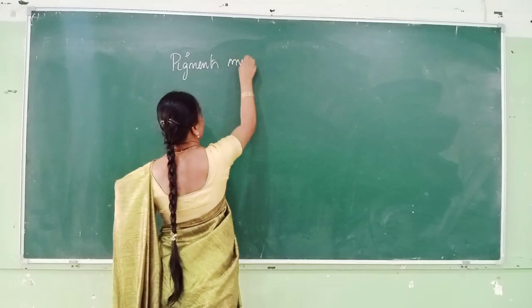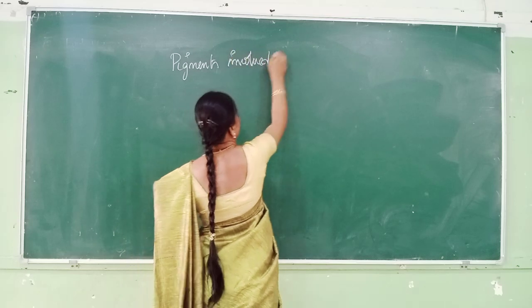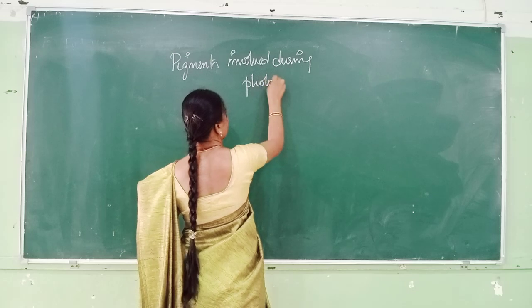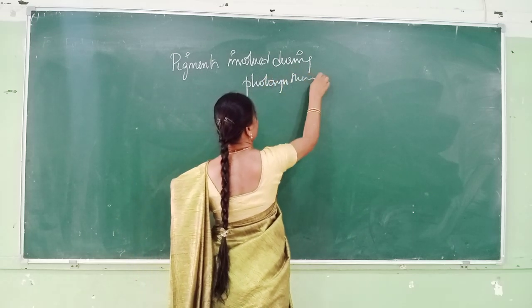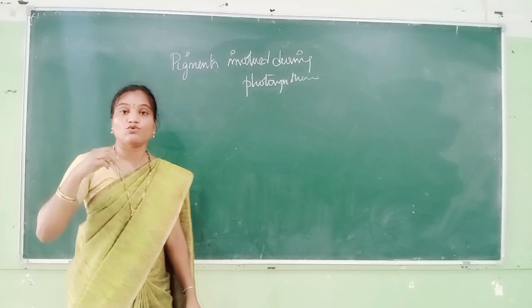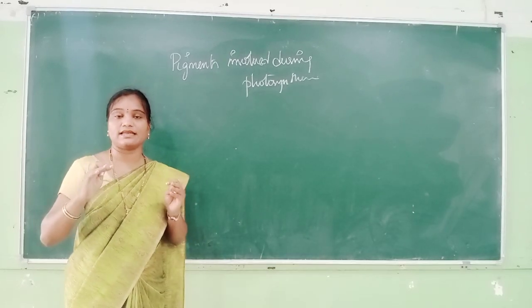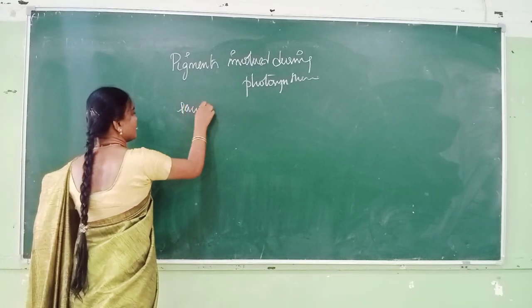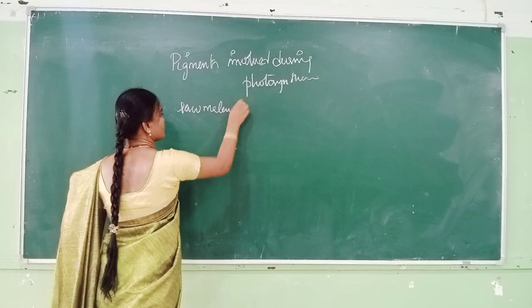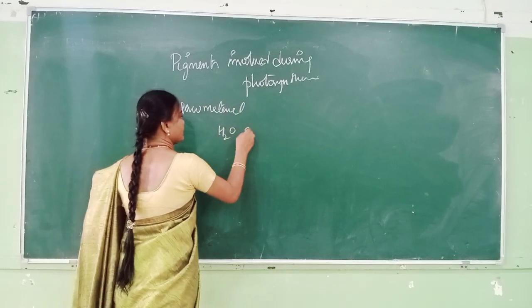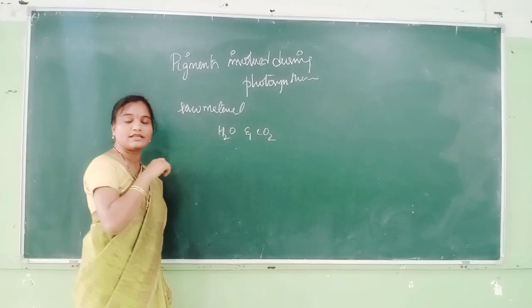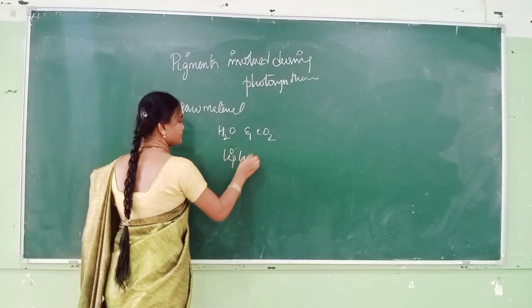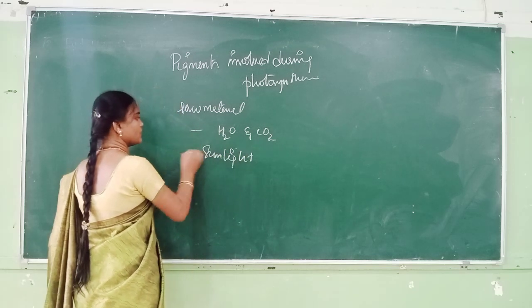Okay. So, in the previous session, we have already discussed photosynthesis. Photosynthesis is nothing but the process where plants prepare their own food material with the help of some raw materials, sunlight, and the involvement of several pigments, isn't it? So what are the raw materials used in photosynthesis? H2O and carbon dioxide. These are the raw materials that you will be using in photosynthesis, and sunlight is a natural source, isn't it?